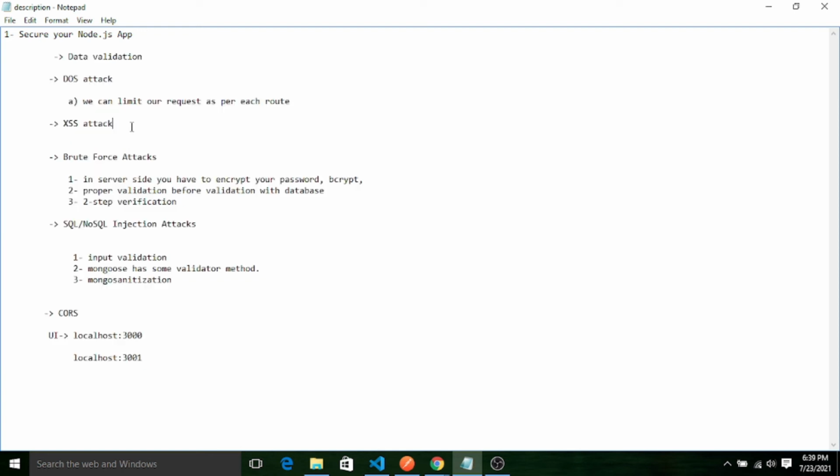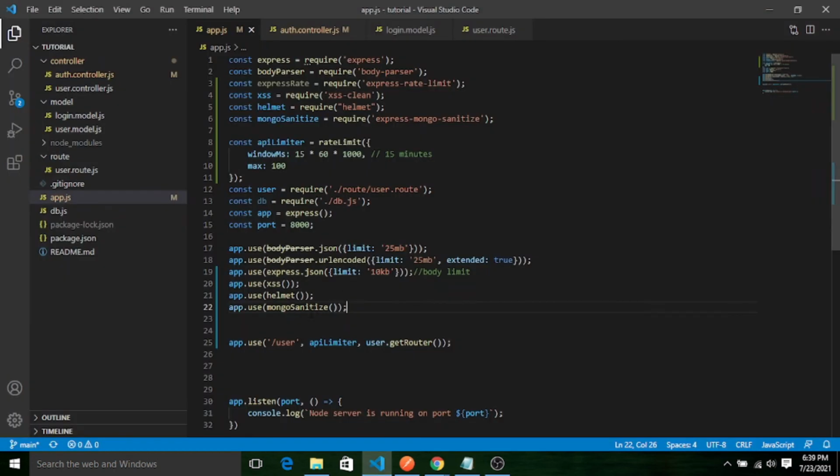Basically the helmet module for XSS attacks, which I have already implemented as shown over here. Maximum interviewers ask what is the use of the helmet module. So if you watch this video, you can also learn some interview questions from it. You can also learn how we can prevent attackers from attacking our application.